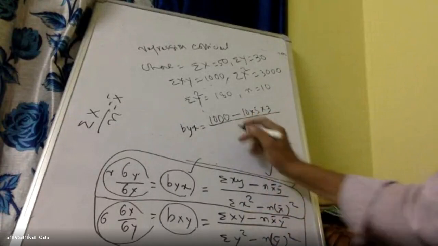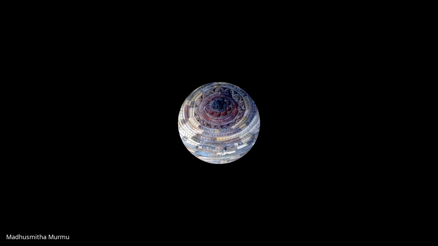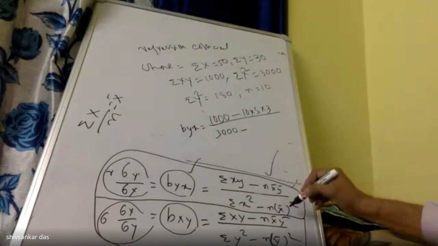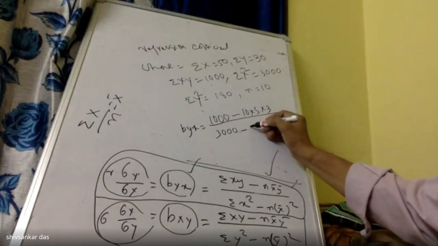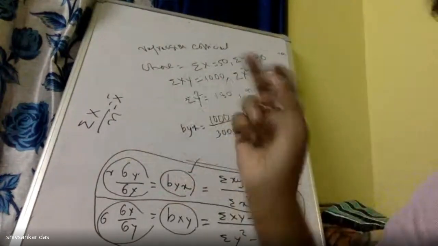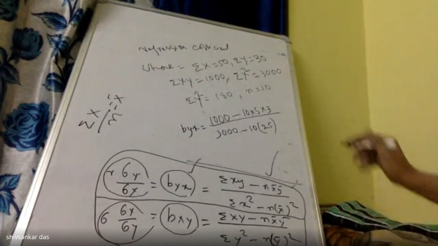Next, summation of x square, which is 3000, minus n x bar whole square. What is n? n is 10. 10 into 25, that is 5 whole square. Okay, so that is equal to